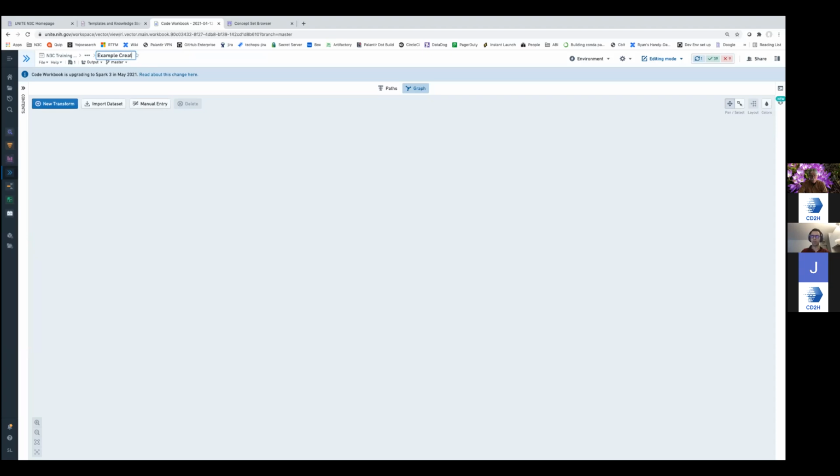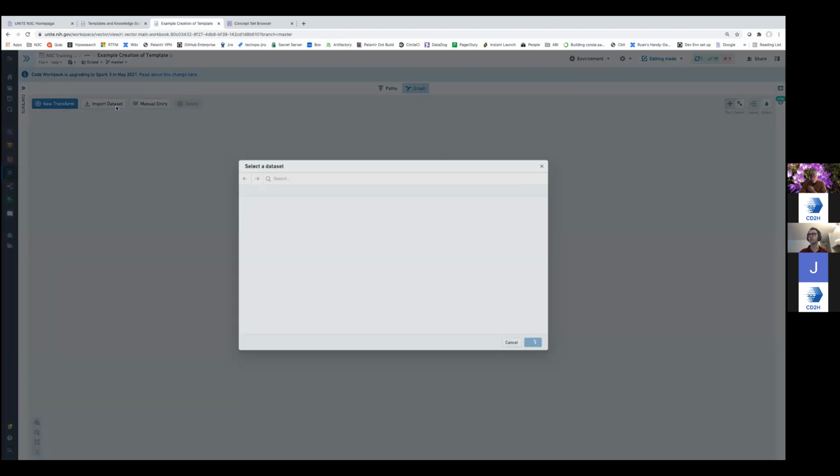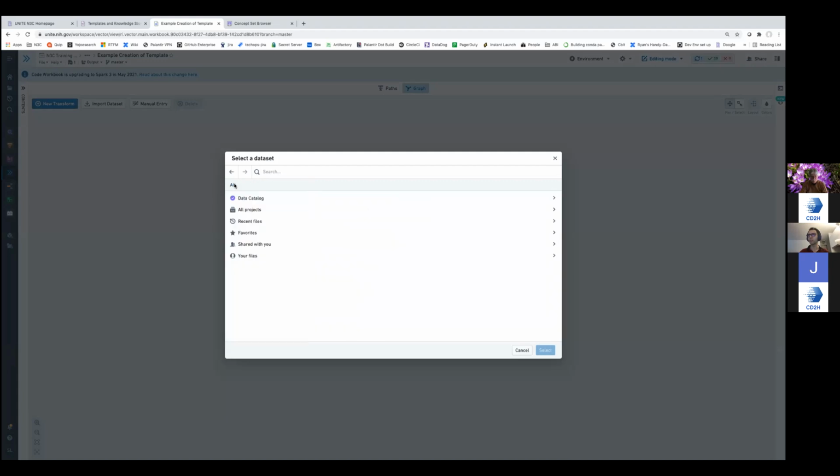example creation of templates. And I'm going to start with a basic template, which takes the concept set table with the domain table and does a basic filter to return some records of interest. So first, I'm going to import data sets. And this is obviously going to be based on notional SIMPAF data, so no DUR is required. I'm going to go to the data catalog and import